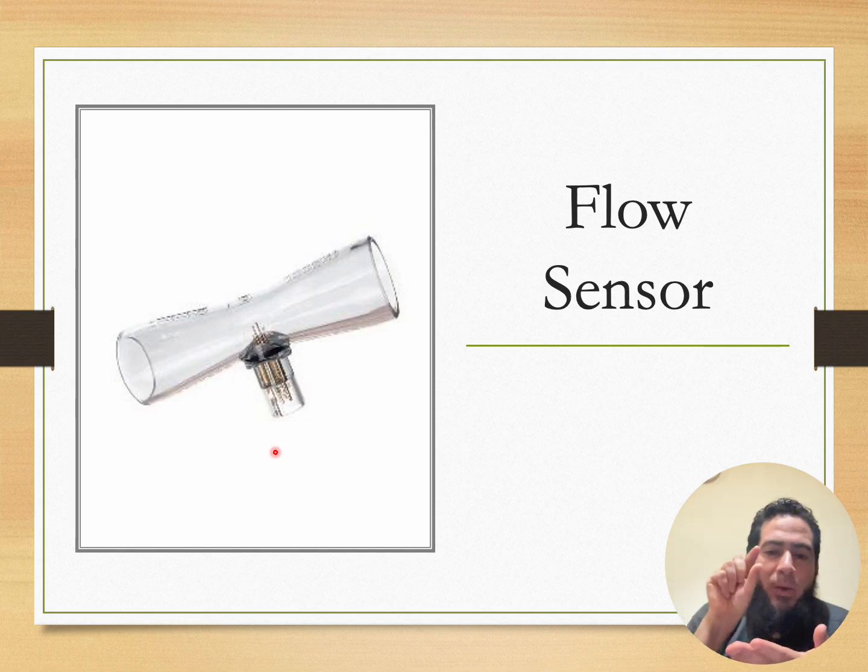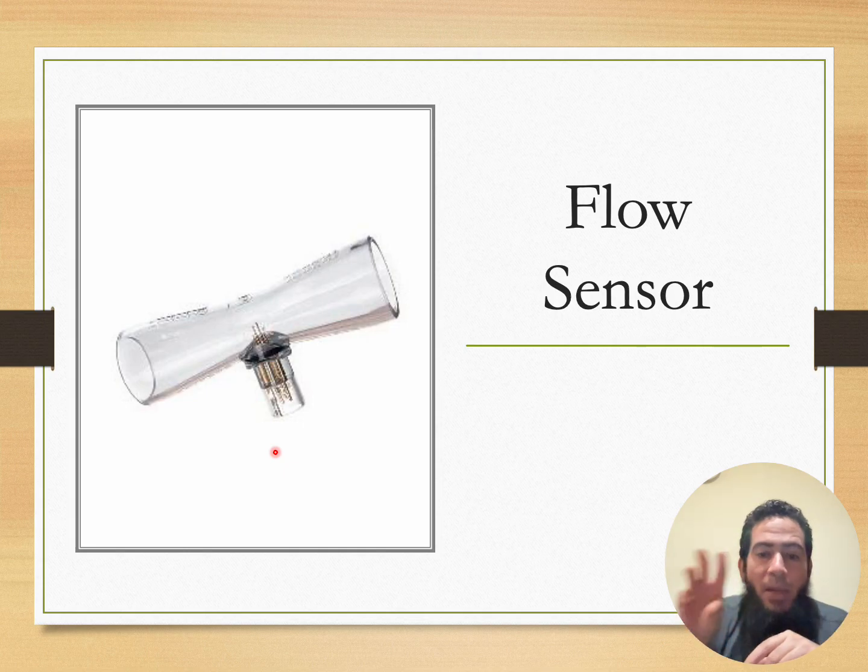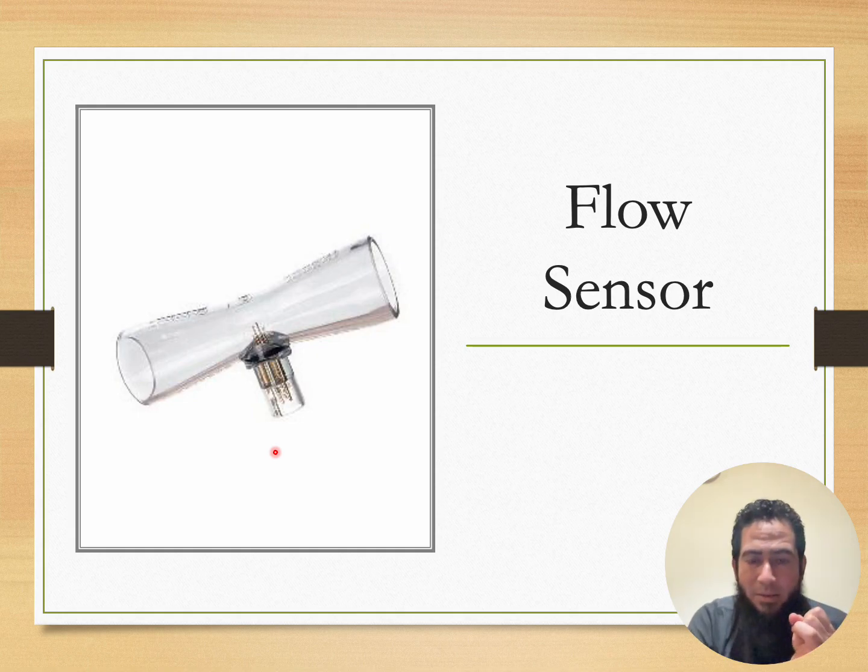Okay, so the change of this baseline flow by the patient trying to suck air or to take air in, to a certain extent, for example 3 or 5 liters per minute, if the velocity of the air dropped by 3 or 5 liters per minute, for example, the machine will interpret this as the patient trying to take a spontaneous breath, and this will be converted to assisted, for example, and an assisted breath will be given, or for example the pressure support. Okay,